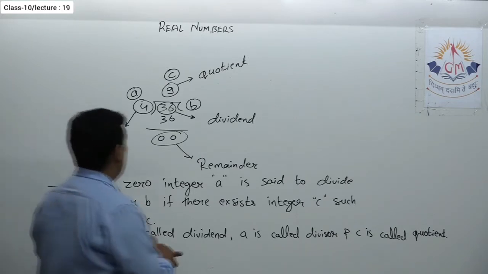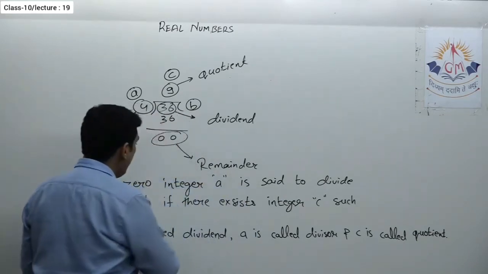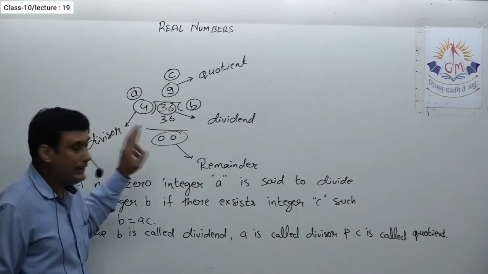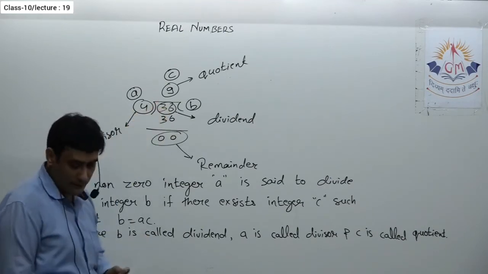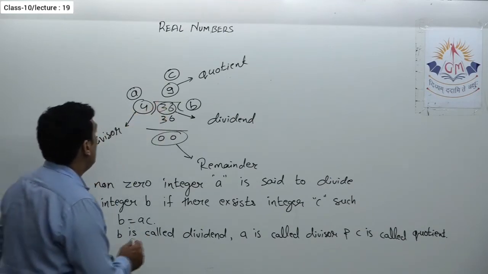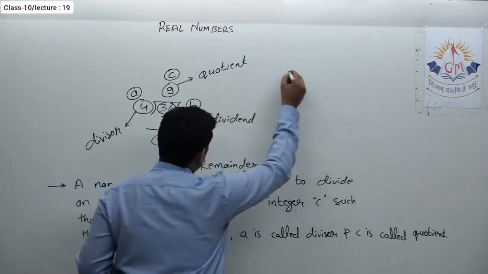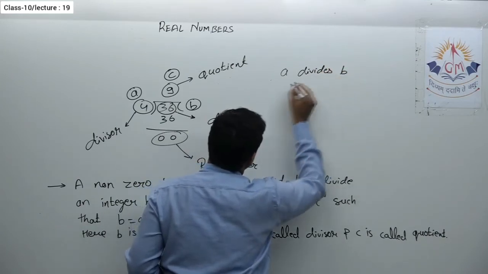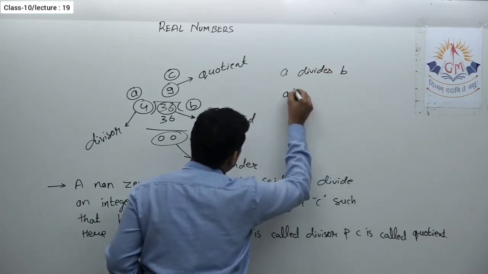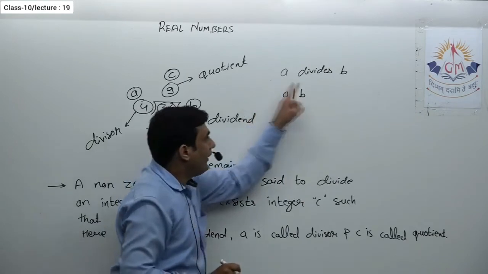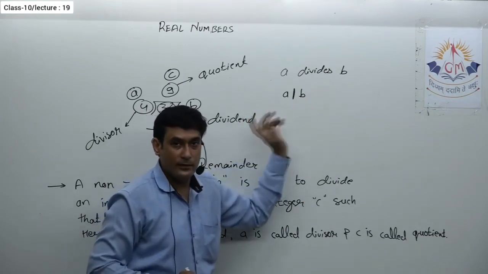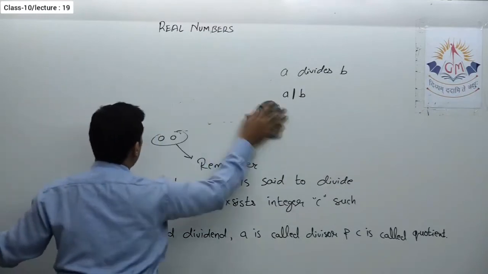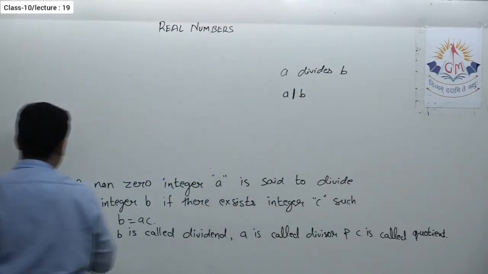Okay, now again I will give you one more point related to this. See, here A divides B, isn't it? 4 divides 36. So symbolically, when I say A divides B, I write it in this way. Okay, A divides B is symbolically written as this and read as A divides B. Okay, so next point that you have to write over here,